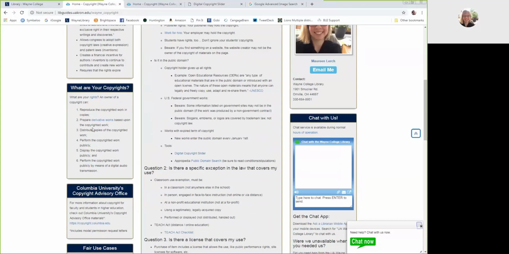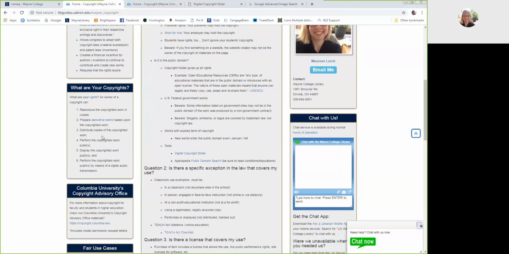You are also allowed to prepare derivative works based on your copyrighted item. Now, that's not to be confused with something we're going to talk about in a little bit when we talk about fair use transformative works. But derivative works basically just means that if you write a book, you have the right to write the screenplay and then benefit from the screenplay or the movie. If you create a sculpture, you have the right to photograph that sculpture. Okay, so those derivative works, and if you wanted more definitions, you can always come to the guide and click on the hyperlink, and it will go into derivative works more in depth. But you have the right to create more things based on your original thing.